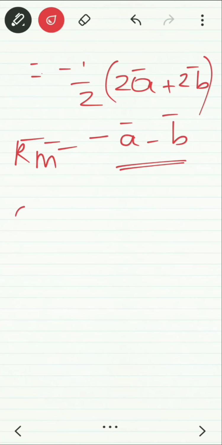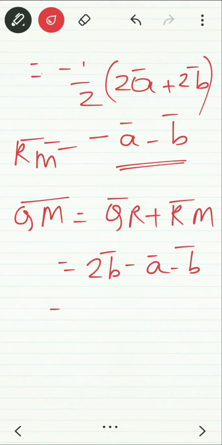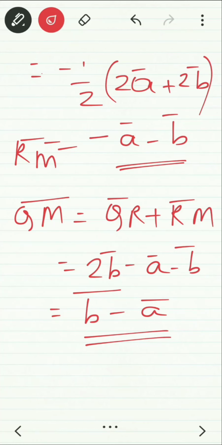Then QM by triangle law of addition. We have QM bar is equal to QR plus RM. Which is 2B minus A minus B. Which, on simplifying, comes out as B minus A, vector B minus vector A. So thus we find the value. Now when you sit down to look at the video, I would advise you to keep your notebooks open so that side by side you can write and draw the figure and understand the sum as well.